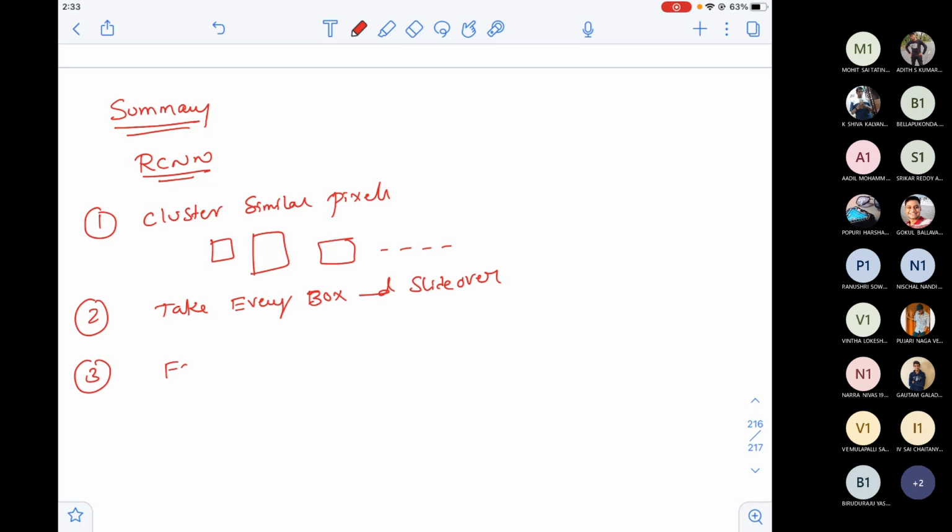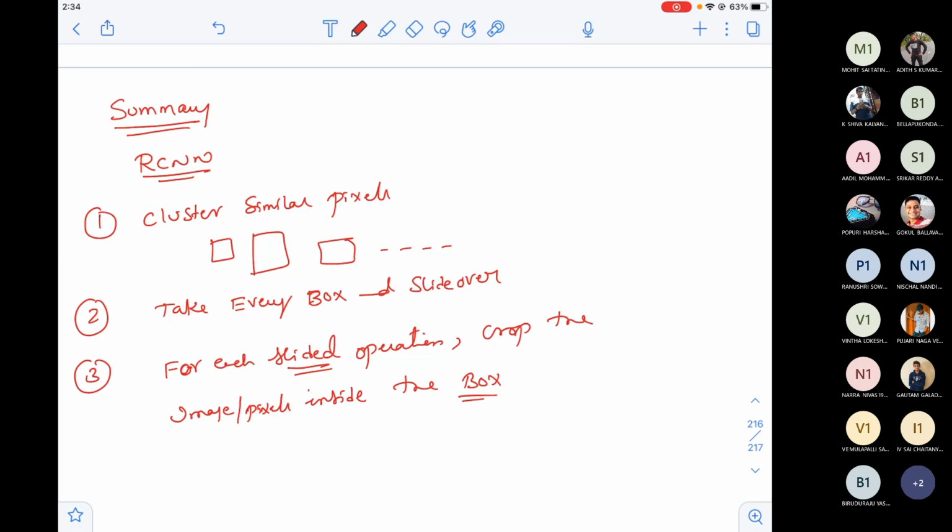For each slided operation, whatever image was in the slided portion, crop the image or the pixels inside the box.